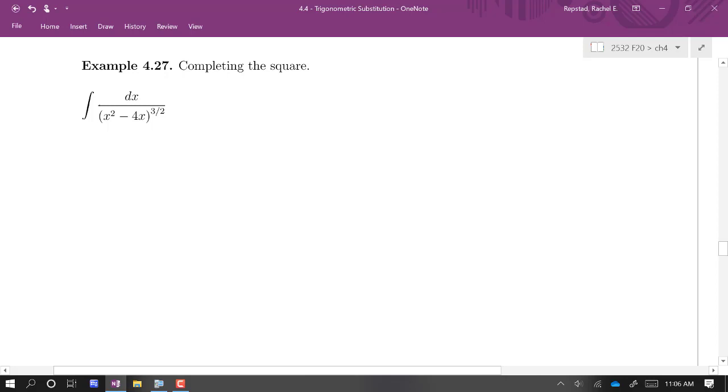When we use this trigonometric substitution, it's because we're looking at something that could involve a radical where inside we have a sum or difference of squares. So we kind of need to get this in that type of form. So let's see what happens when we complete the square